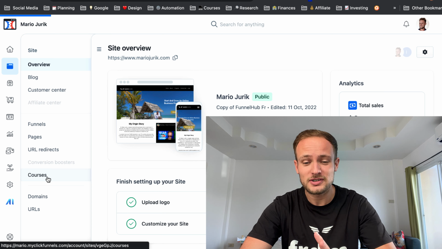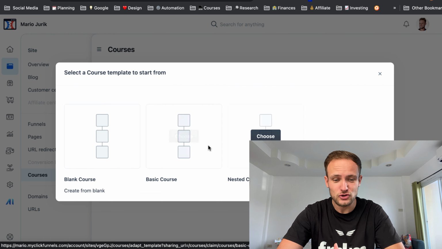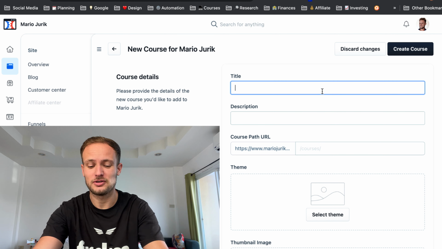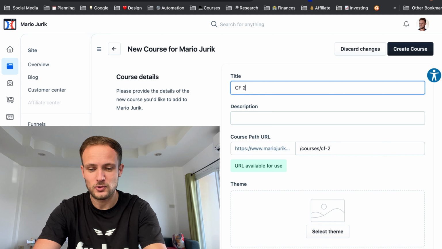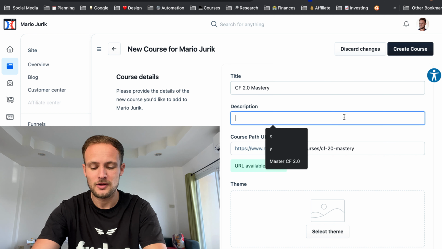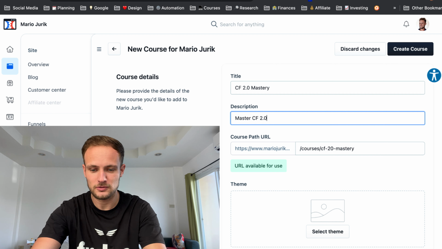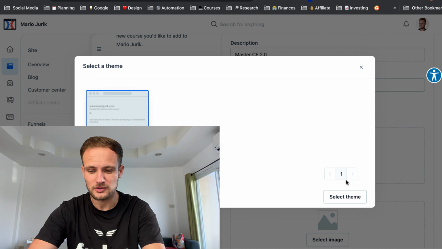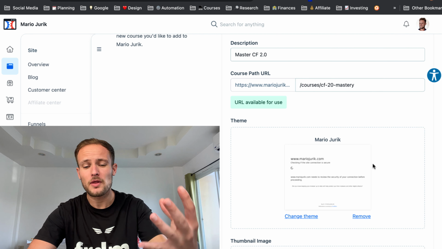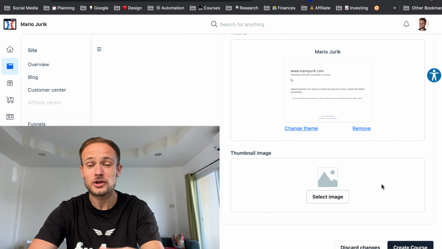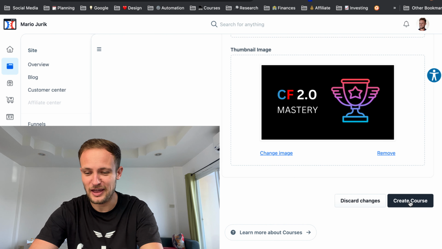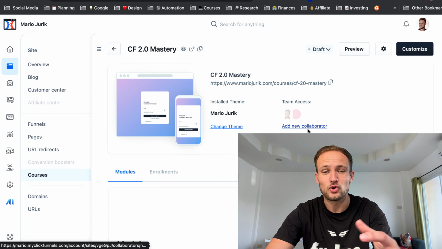So when we go to Courses, then you just click on new course and then you choose a template. So let's go with blank, and then here you put the title of your course. So let's do CF 2.0 Master CF2. Here you can put your course path and choose a theme. Let's choose this one, and there will be more themes added later. Here you can choose your thumbnail, CF 2.0 Mastery, and then you click create course, and here you can change theme, add a new collaborator, and